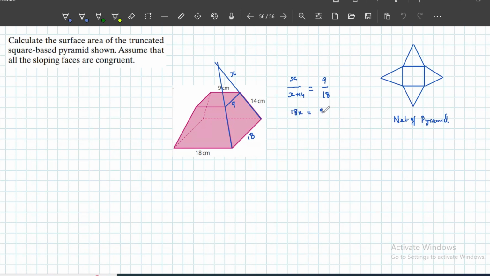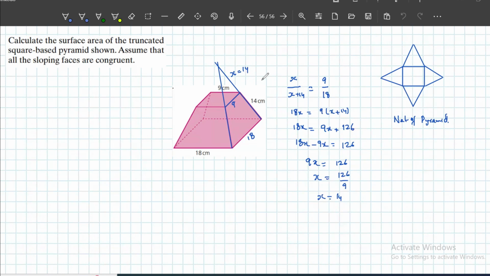18x is equal to 9 bracket open x plus 14. That means 18x equals 9x plus 9 into 14, that gives us 126. So 18x minus 9x is equal to 126, which is 9x equals 126, and x equals 126 over 9, which gives us 14. So it means the value of x is 14 and the total side length of this